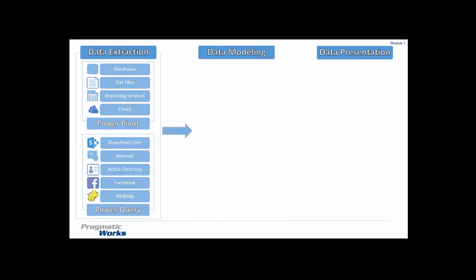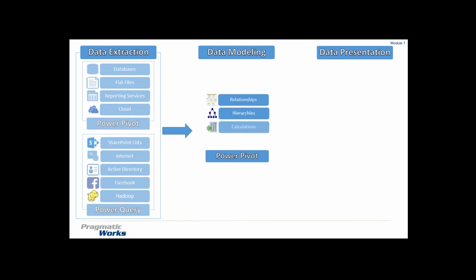Okay. Next thing, once we get all the data pulled in, we're going to do data modeling, and that's going to be inside of Power Pivot. We've kind of already talked through this one a little bit here. We're going to build those relationships to tell the model how each one of our tables are related, build those hierarchies in, any calculations. So if we want to do like averages year over year, that kind of stuff, we can also build key performance indicators in there, or KPIs.